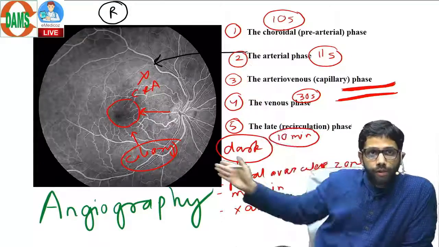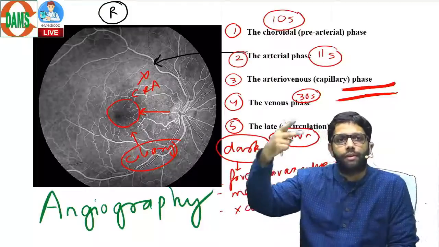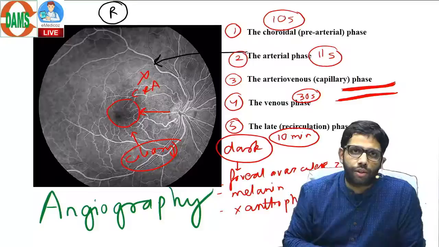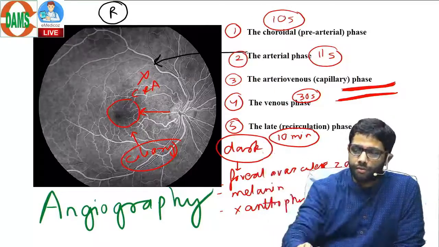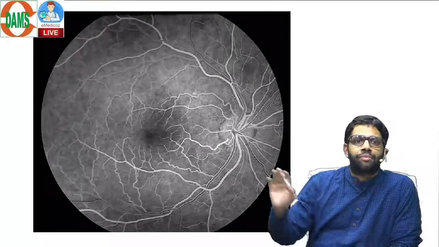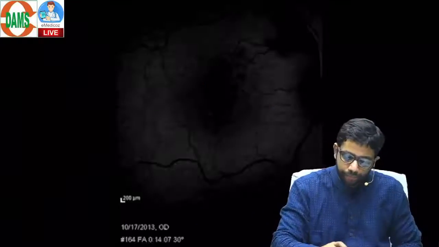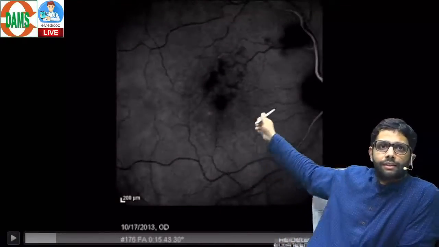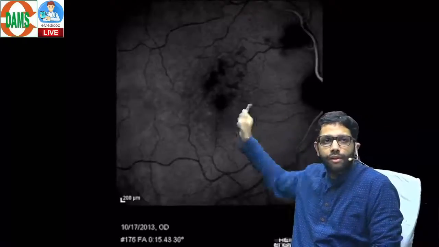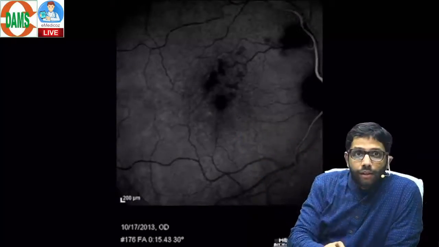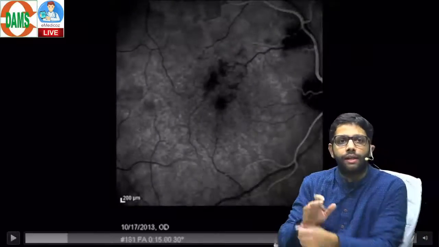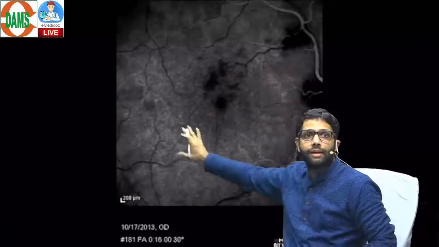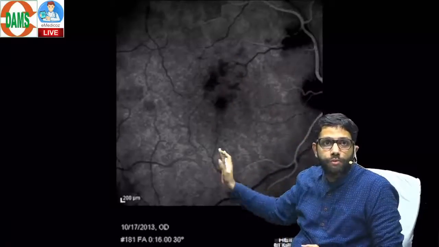So the next point you can write down, after the types and the procedure, is the stages of fluorescein angiography. These are the 5 stages of fluorescein angiography. If you can see over here, I'll show you a video. Which retina is this? This is the optic disc, this is the fovea, right. You're starting the angiography, you're putting the dye, it will reach the choroid. You can see the choroid is filling first. In 10 seconds, the choroid starts filling, the choroidal phase.